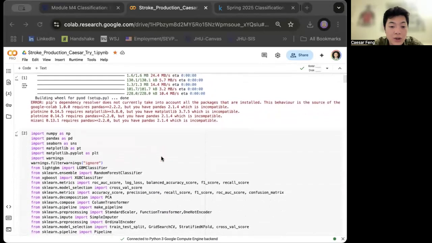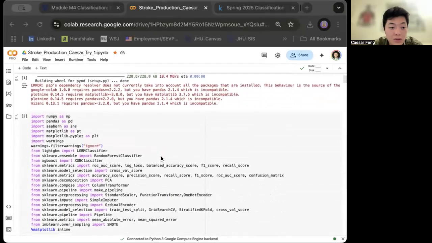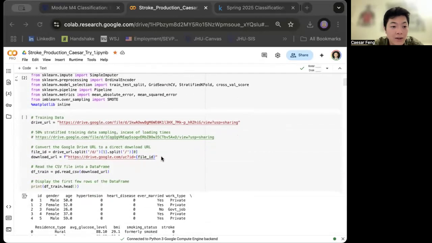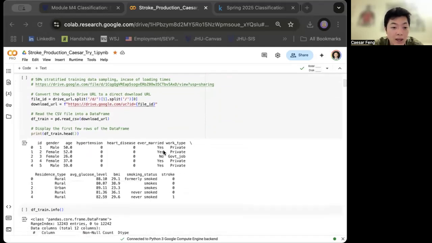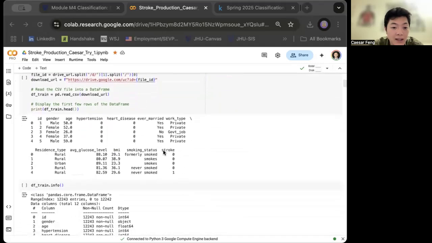I loaded in the training data, so around 12,000 rows with features like average age, average glucose level, smoking status, plus the target, which is our prediction, stroke, whether the patient will have a stroke. And so we can see that there's no missing value in the data set across the 12 columns. So we also have binary features like hypertension, and continuous ones like BMI, categoricals like gender, and we have some highlighted unique